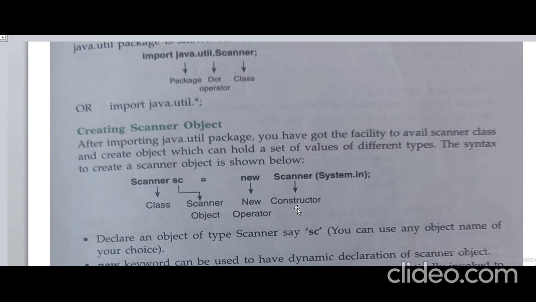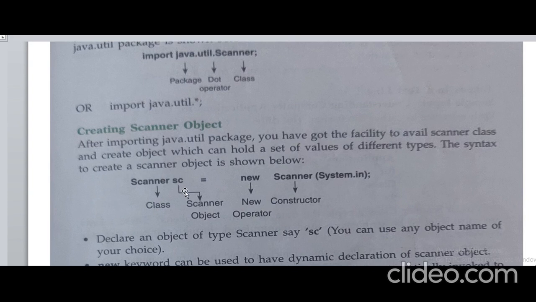In System.in, System is a class, and in is a variable of the System class that will accept the input from the user. It will receive the data from the keyboard. Through the keyboard it will read the value, and that value goes to the object of the class, that is SC.